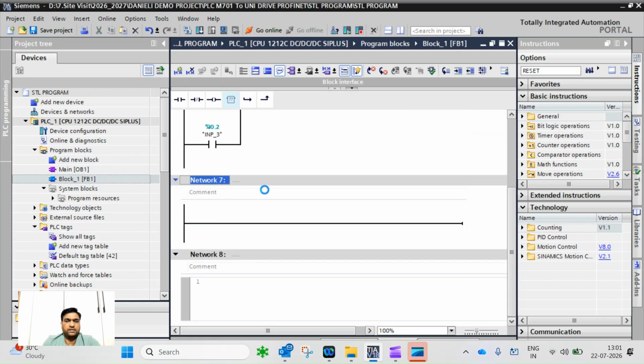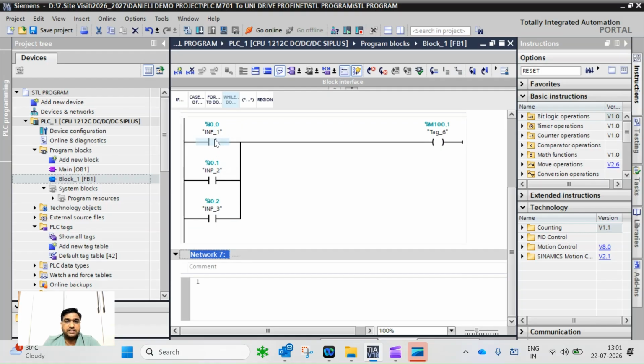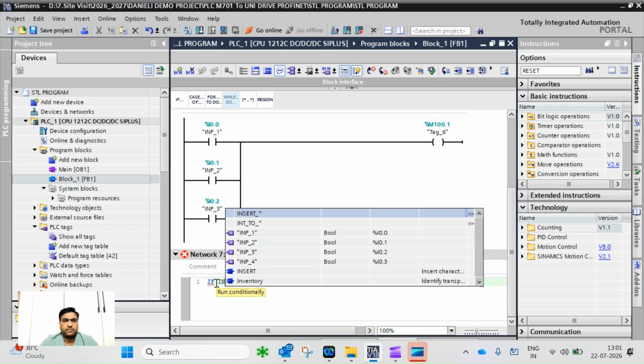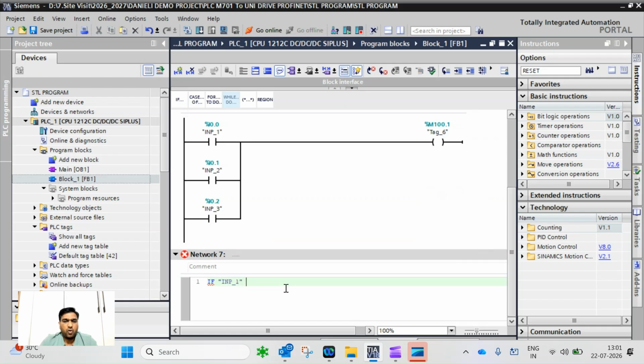So here the condition is: any input is 1. Any input is 1 from these 3, at that time this output will be turned on. But when all inputs are off, at that time we need to turn off this bit. So in the first case, if input 1 or input 2, this is the OR condition,